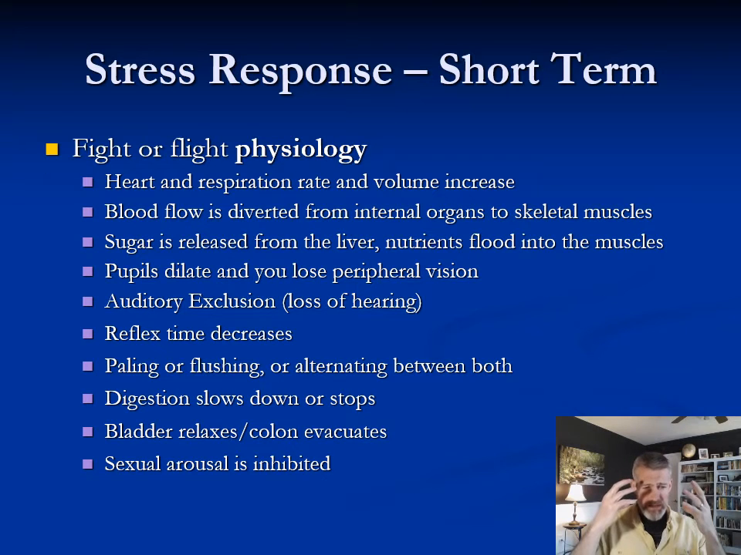You'll see somebody either get very pale or get red, or sometimes go back and forth between the two, and that basically has to do with blood rushing to the peripheral muscles and skin. One of the things that happens with the blood being diverted away from your internal organs is your digestion slows down or stops. Sexual arousal is inhibited, and that's partly a blood flow issue, but it's also a survival thing. If a bear is getting ready to eat you,